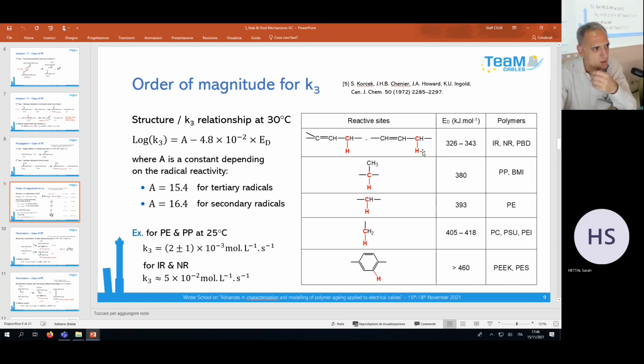I finish. Yes, I have a question. So these kind of double bonds that are created are more likely to occur in oxidation? Yes, but they represent a very small part of the degradation process because you form a small quantity. And if you are under a nitrogen environment, with a very low quantity of oxygen, that's what you create.